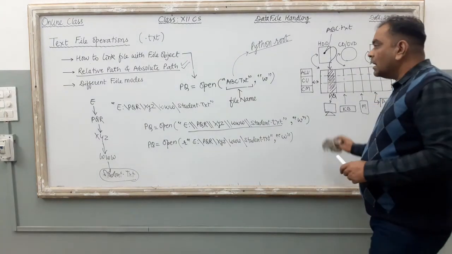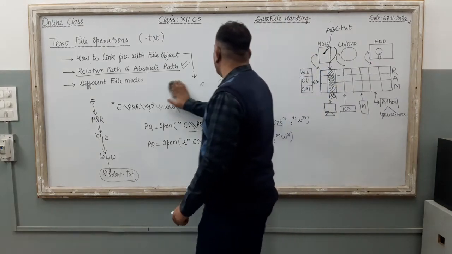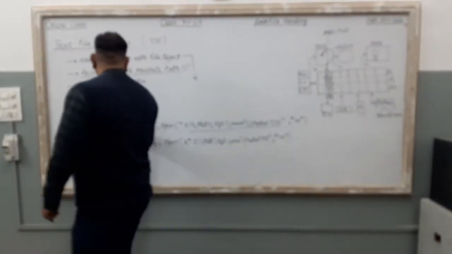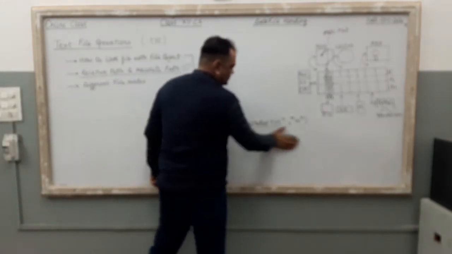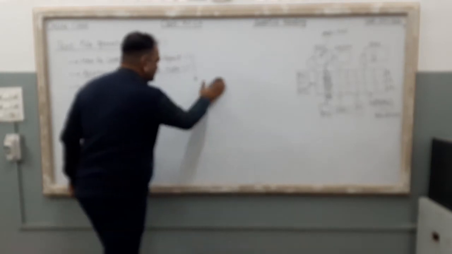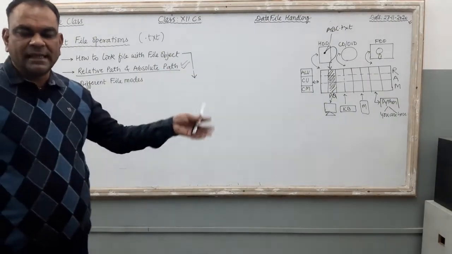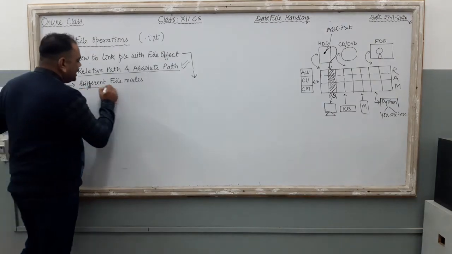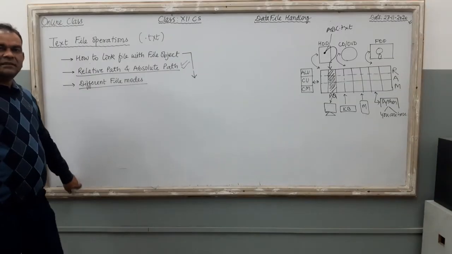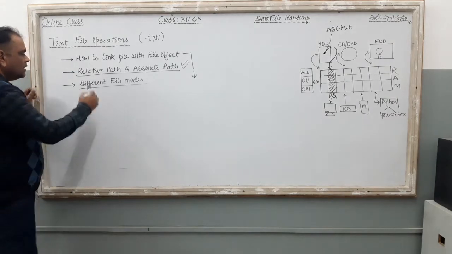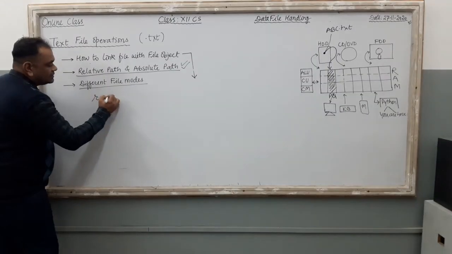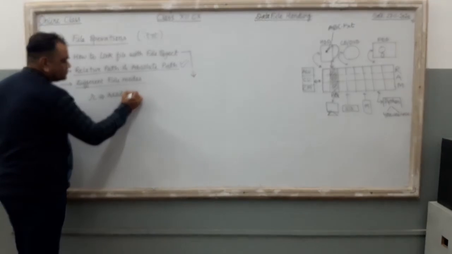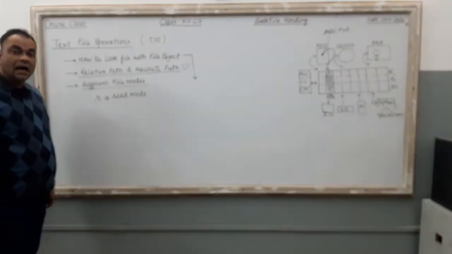Now come out to the third topic of today's video lecture. अभी तो हमने सिर्फ फाइल ओपन करना सीखा है, how to open the file. अभी प्रोसेसिंग, रीडिंग, राइटिंग कुछ नहीं सीखा है, जस्ट वन कमांड. नाउ कम हियर, डिफरेंट फाइल मोड्स, इसके बारे में और कुछ देखना है. डिफरेंट फाइल मोड्स कौन कौन से होते हैं? Very first, the first mode is r stands for read mode, right?